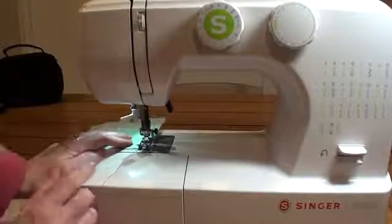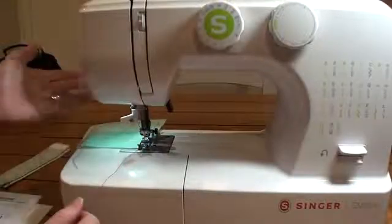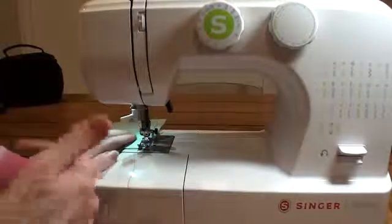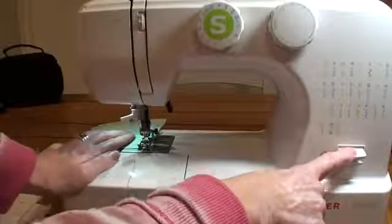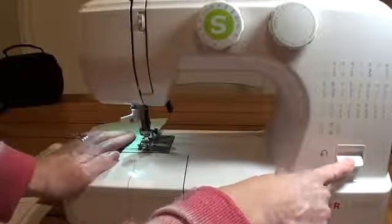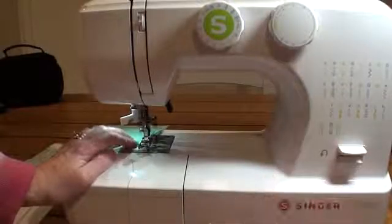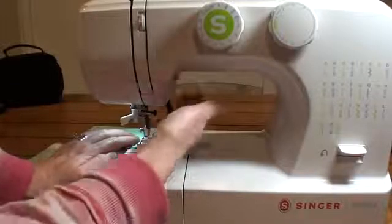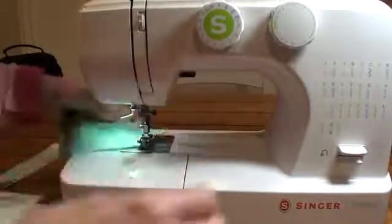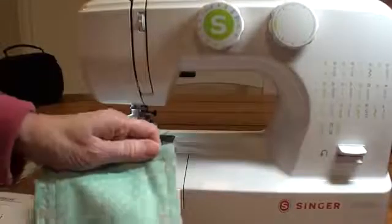When you get to the end of a project, instead of just taking out your fabric and clipping off the thread, you'll want to back stitch. You're going to use this button right here to back stitch, and you have to push it all the way down. You push it all the way down, that reverses it, lift it back up, and go forward again. Okay? That just kind of ends the stitch and it's not going to break apart. Lift that up, pull out your thread. You may have to adjust your wheel, cut it off, and you just sewed